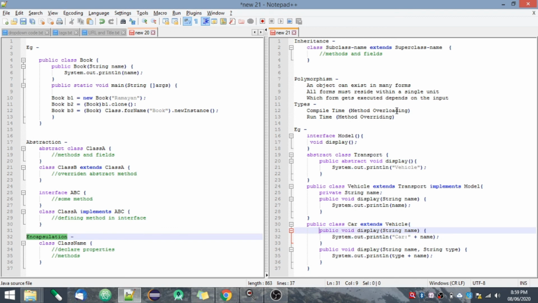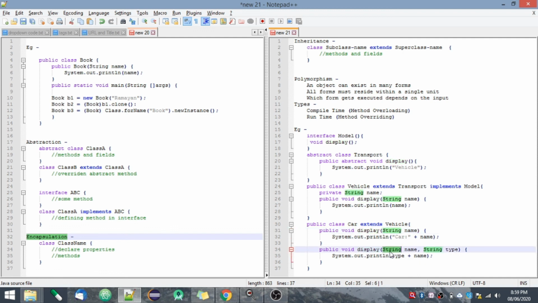And the second way to achieve polymorphism is method overloading. To explain method overloading, here is the example. If you see, I have a single class, and I have two display methods here, one with one parameter and one with two parameters. So all forms are residing in a single unit, Car. Now if I create an object of Car and pass a single string, then this method will be called.